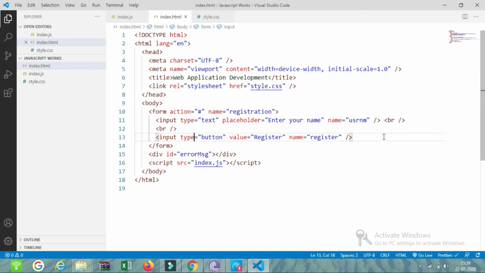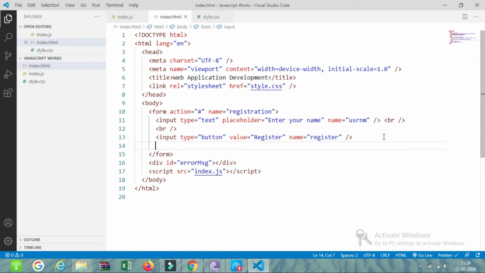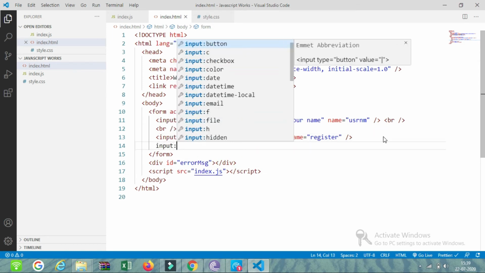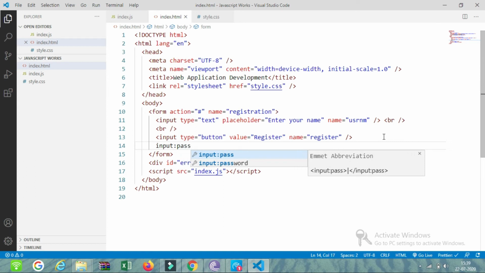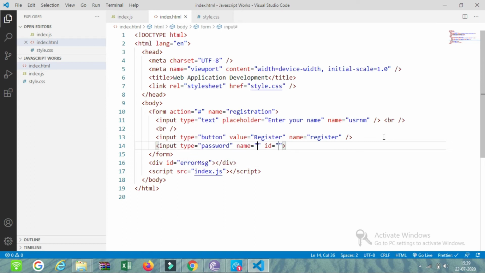For that, I will create input type password, and I will give it the name PSWD. We have already given a name there. Name password.